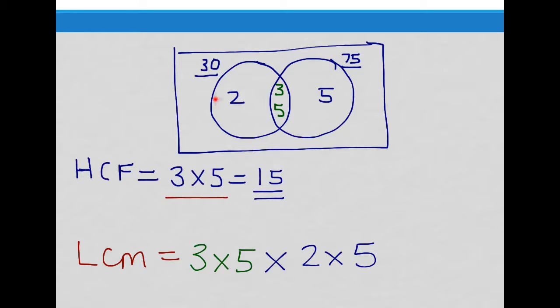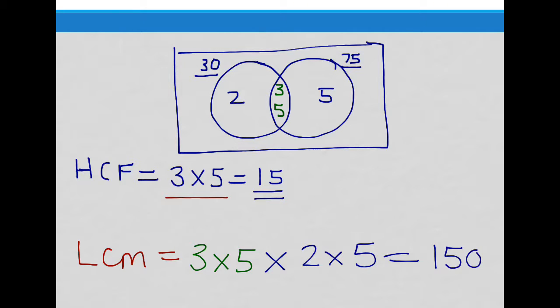So if I include all of these, and I just include these once, because they are in both of them, and these numbers here, which appear in each of our numbers separately, I should end up with my lowest common multiple. Let's work out what that is. Well, 3 times 5, which remember is the centre part, multiplied by the 2 and the 5,